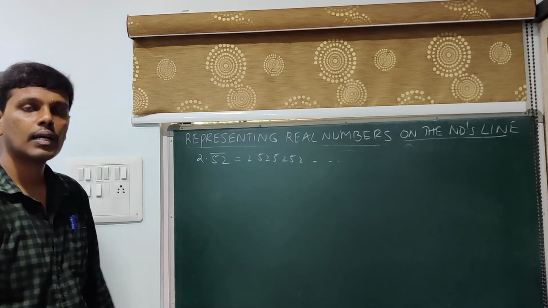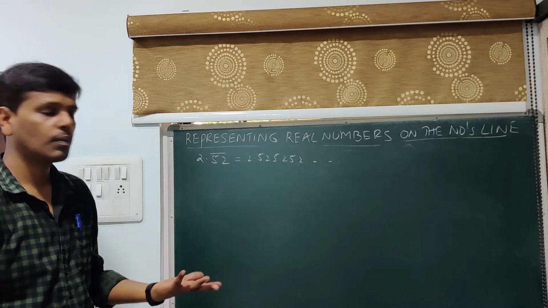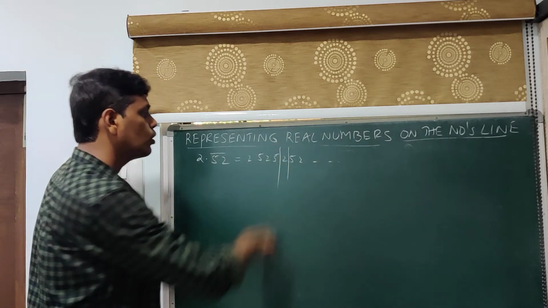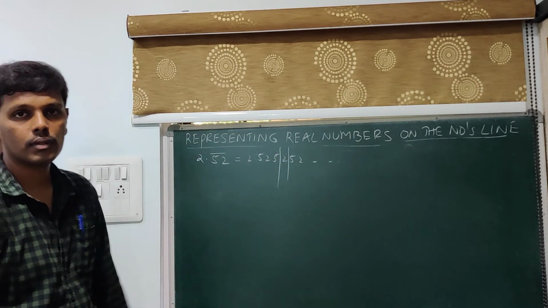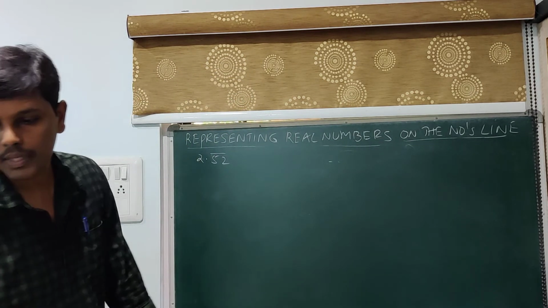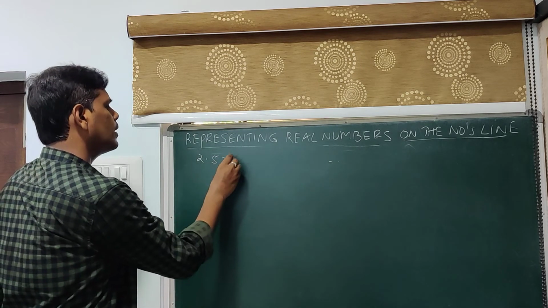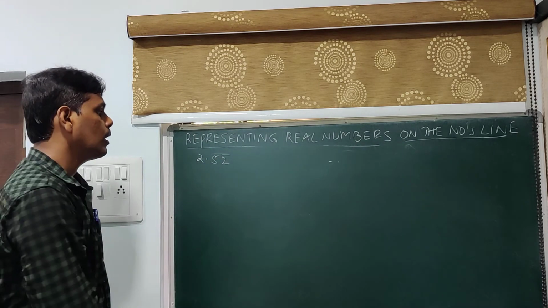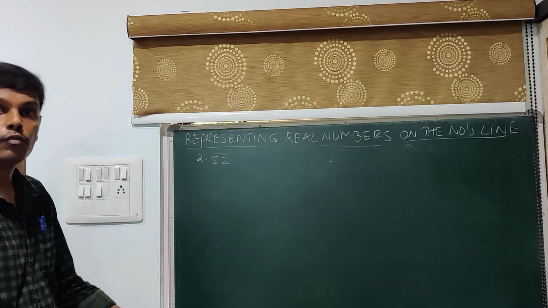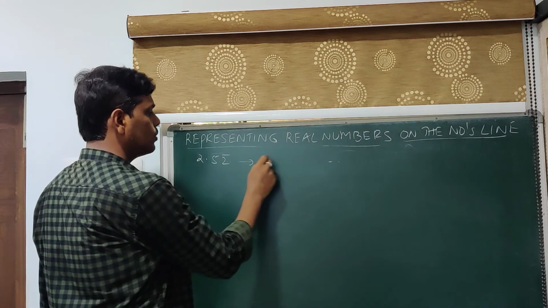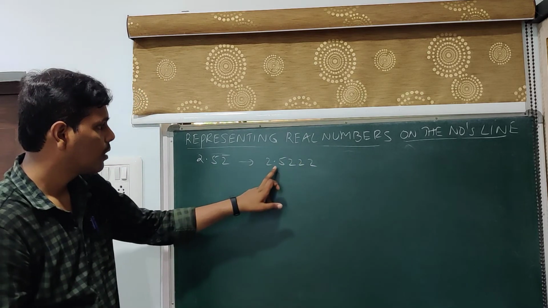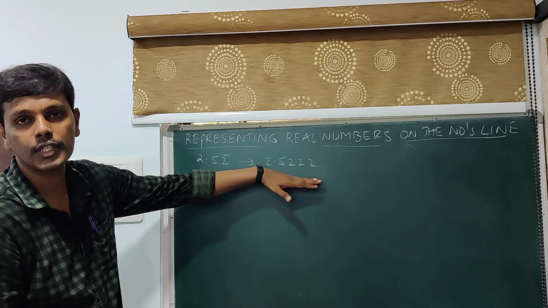For suppose they have told you to mark up to 2 decimal places, or in fact 4 decimal places, you will mark up to this. If they tell you up to 3 decimal places, you will mark only 2.525. Okay. So that is the thing which we will do now. Suppose the question is to mark up to 3 decimal places, or say 2 bar. The bar is only for 2. Say you are supposed to mark up to 4 decimal places. Then you should be marking 2.5222. So this is what you need to mark, because there are 4 decimal places.